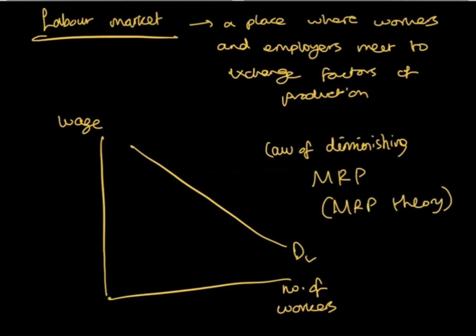Yeah, a little. So what is MRP? Is it the amount of extra revenue one more unit of output or one more worker will bring the firm? Yeah, good. So marginal product is the extra output one more worker produces, and marginal revenue product is the pound value of how much extra output the extra worker produces.